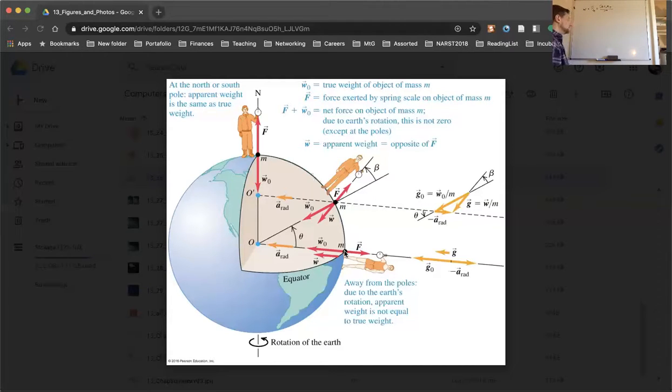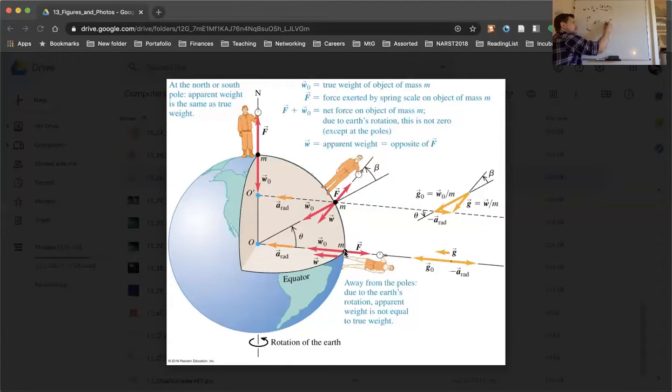The issue is that the upward force from the scale, the one that gets us our actual reading, and the downward weight of the object, the actual weight according to the masses and the distance that the mass is from the center of the Earth, those forces have to add not to zero, because it's not actually in equilibrium. It has to add